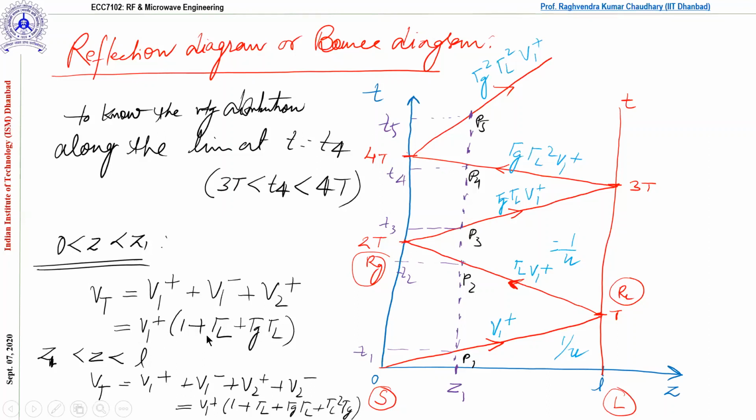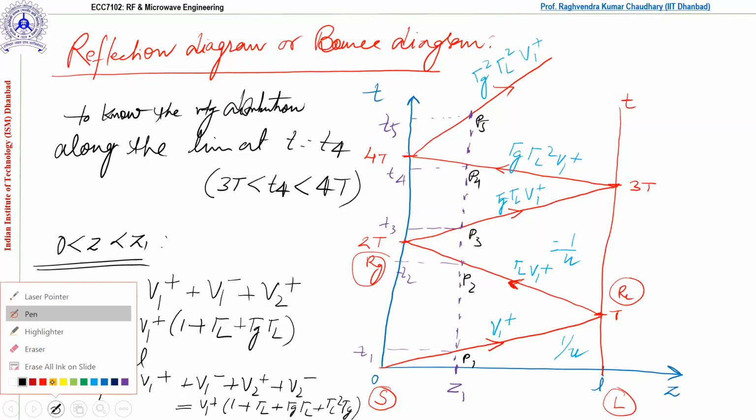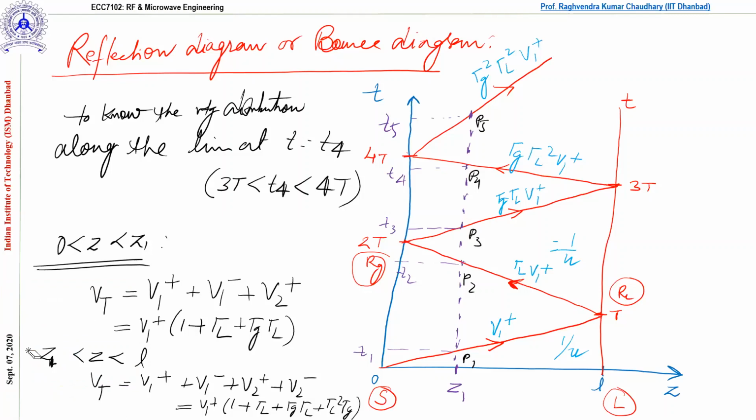Okay, now let us try to understand the voltage variation as a function of time at any location. This time let's say at the Z1 location, we want to see how things vary with time. Fine. So I think I should remove these things so that I can do it here only, otherwise I have to draw it again. Fine.